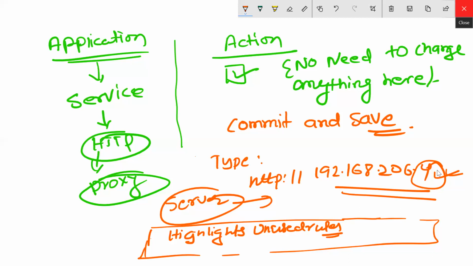Do you want to see my settings once? First, try to ping 192.168.206.4.